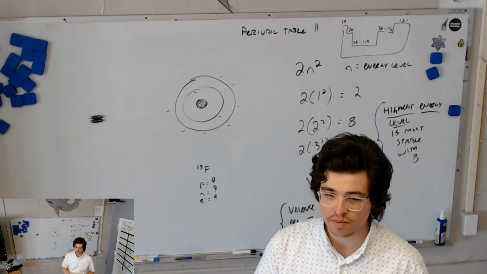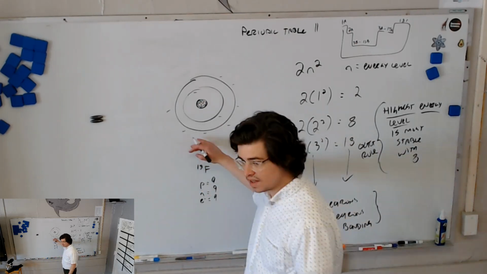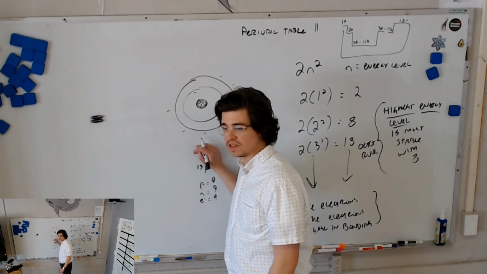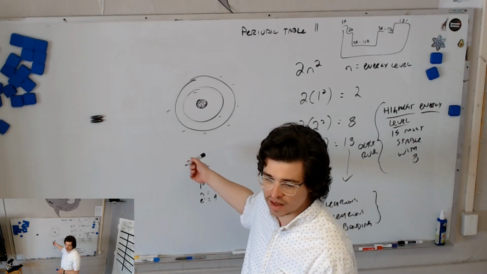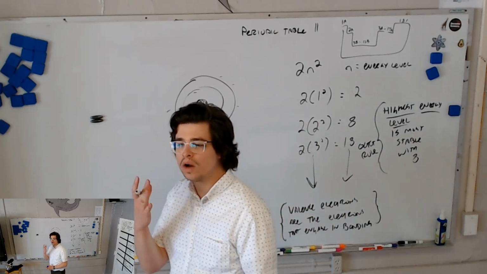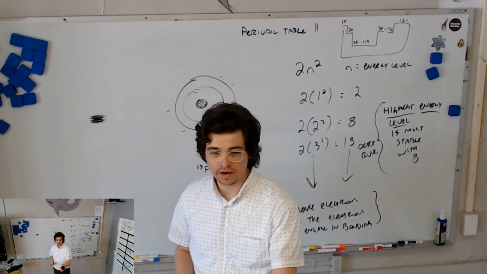8. It's most stable with 8 because of the octet rule. So it has 7. It's most stable with 8. This is a pretty simple math problem. What does it want? Okay, listen. It doesn't want anything because it's an atom and it can't think. But what would make it more stable? What could happen that would make it more stable? It could gain an electron.